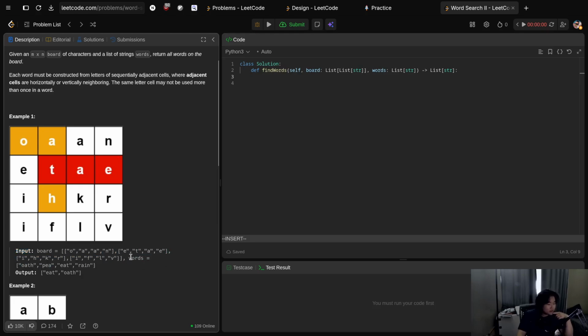Okay, we know the constraint. We just care about how big the words are, right? So why can't I just do some basic simulation? All right, for every word in words, for every character in, so for every